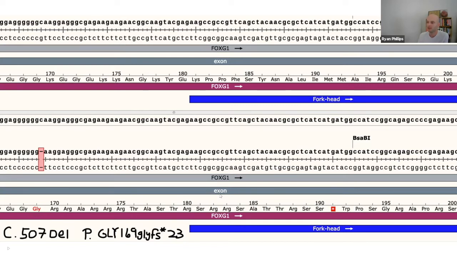And so this mutation is written, and several people, caregivers or loved ones of individuals suffering from genetic conditions, have probably seen something like this. And this is written as C507del, which means that the 507th character, in this case, was deleted. And then furthermore, they give you a little more detail and they say